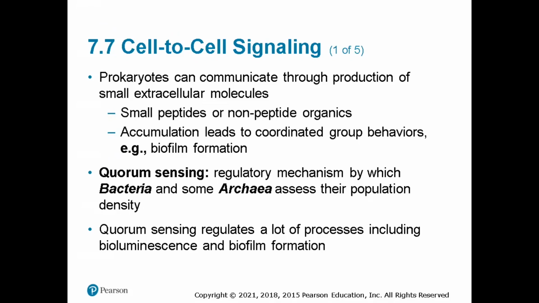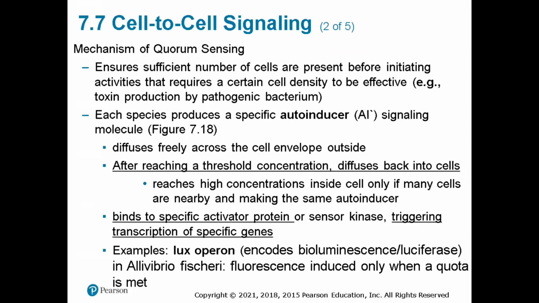Quorum sensing regulates many processes, including bioluminescence and biofilm formation. The mechanism ensures sufficient numbers of cells are present before initiating activities that require a certain cell density to be effective, such as toxin